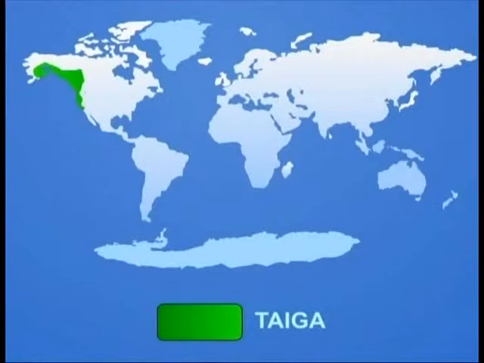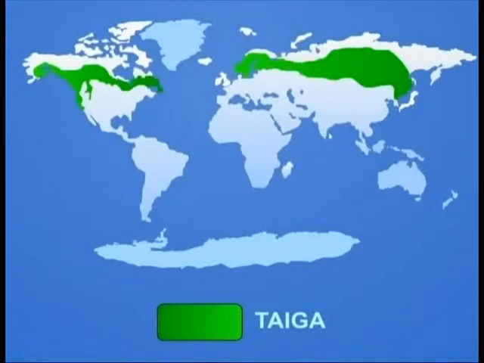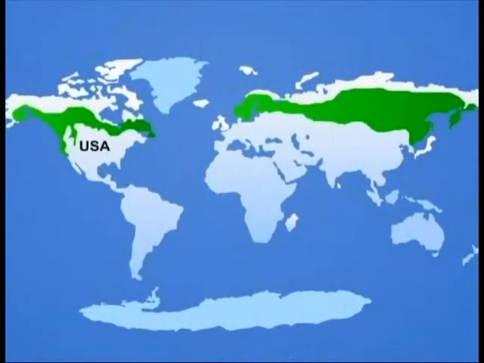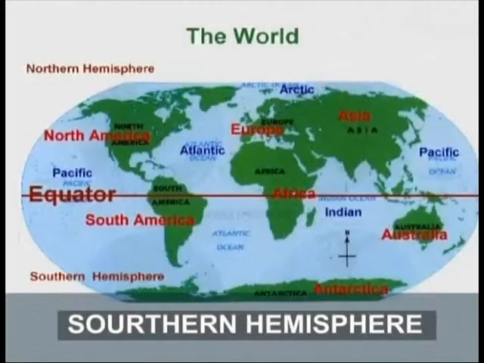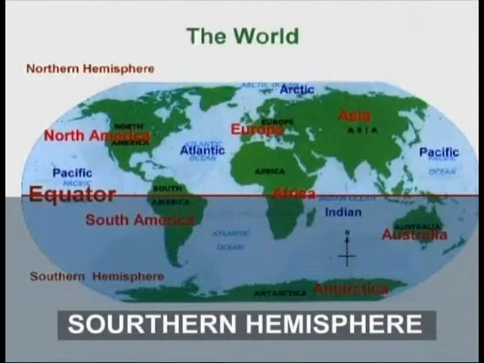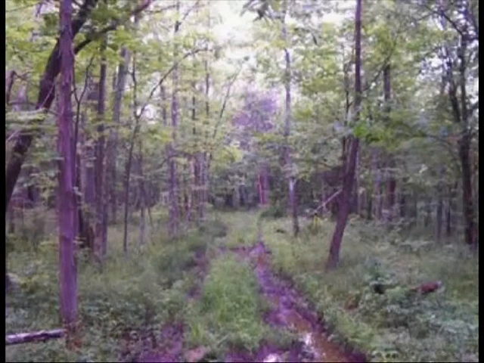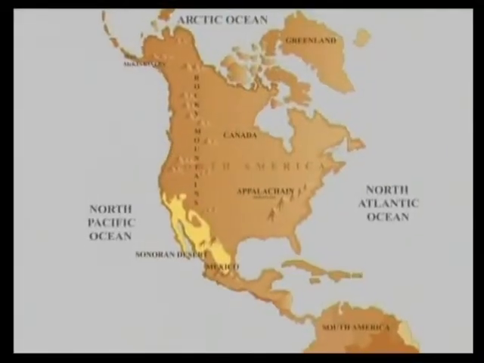To the south of the taiga region lies the temperate zone, which extends over a large area of land covering most of the USA, southern Canada, Central and Eastern Asia and Europe. In the southern hemisphere, however, the terrain and climate make most of the area unsuitable for forests. This is the western North America.